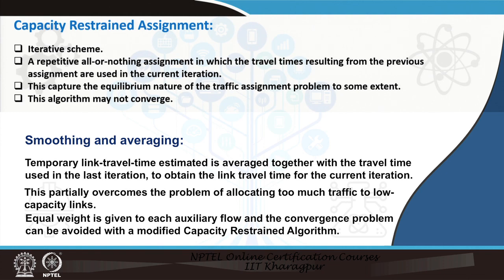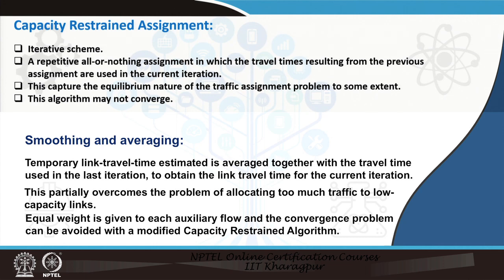That means every time I do all or nothing assignment, I don't divide the entire traffic volume into small parts. I assign the entire traffic volume to one link using all or nothing assignment. I get the travel times, using which I update the link travel time, and we again find the shortest path. Once we do that, we again do the assignment, and we keep on doing that. So there may be no convergence, which basically means there is no change in the travel times after any more iterations. So there have to be some other methods to make this algorithm stop or come to a particular result.